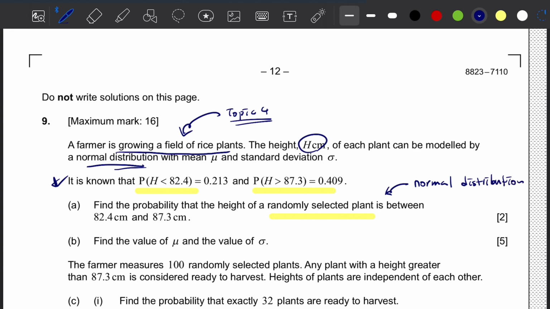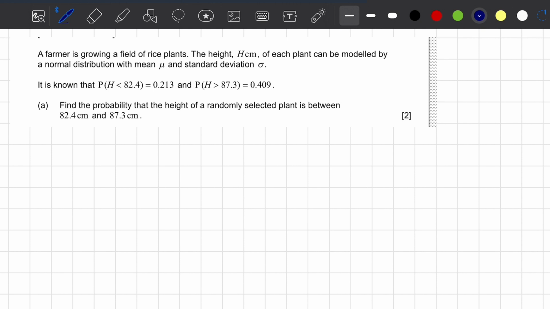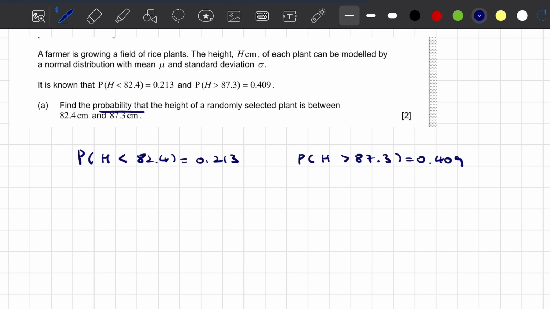So let's do this question in a new page. It is known that the probability that the height is less than 82.4 is 0.213, and the probability that height is greater than 87.3 is equal to 0.409. So we need to find the probability that the height of the randomly selected plant is between 82.4 and 87.3. So that means we actually have to calculate the probability that the height of the plant h is between 82.4 and